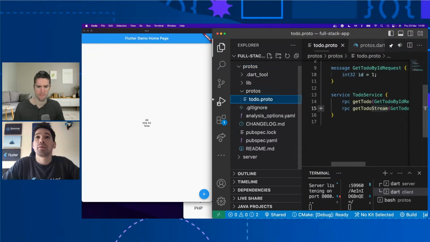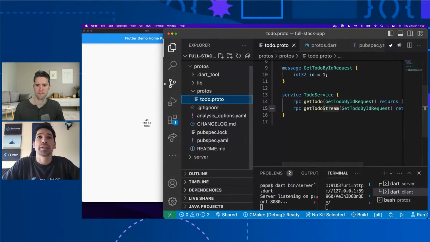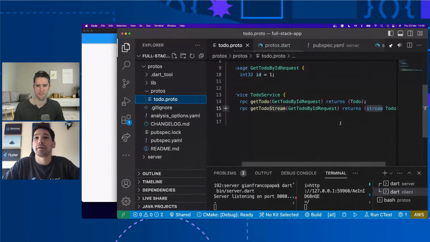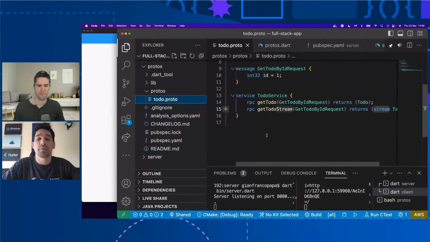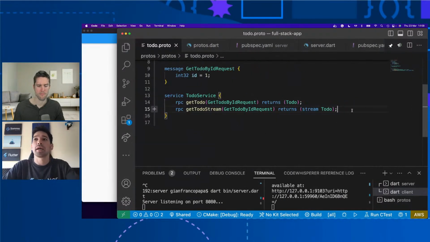Maybe what we can do now is test the other streaming capabilities. We mentioned that you can not only stream something from the server, but you can also stream from the client. So you could start streaming things from the client to the server. I don't have a really well thought out example of this, but it could be something useful.